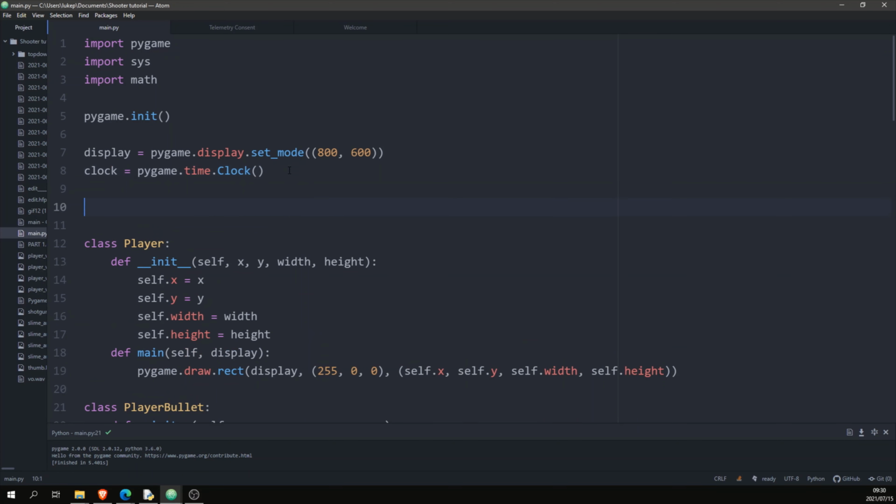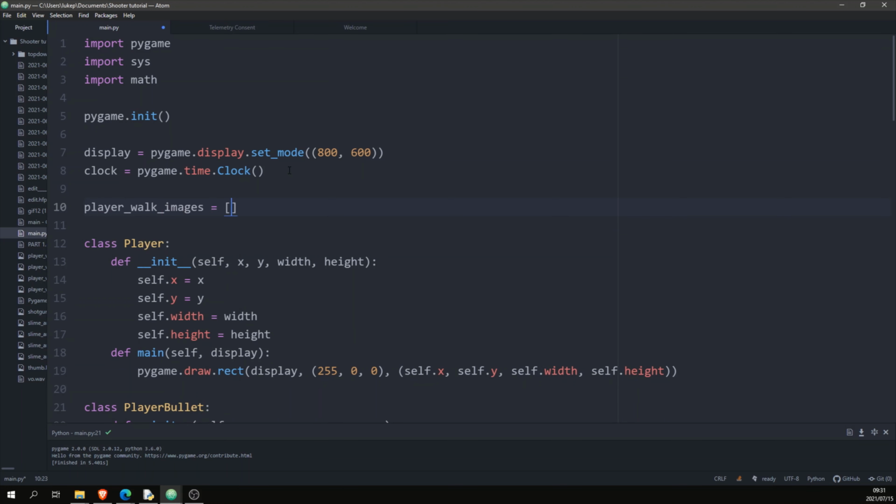So in order to make our player animations, essentially we are going to have a list of player sprites which we are going to iterate through. These player sprites can be found in the link in the description. What you must do is download that, or you could alternatively make your own. But whatever you do, make sure that you put them in the same directory as your script and everything should work for you. So we're going to name this list